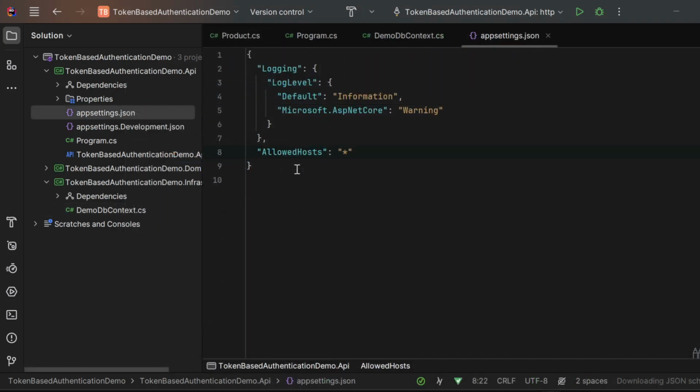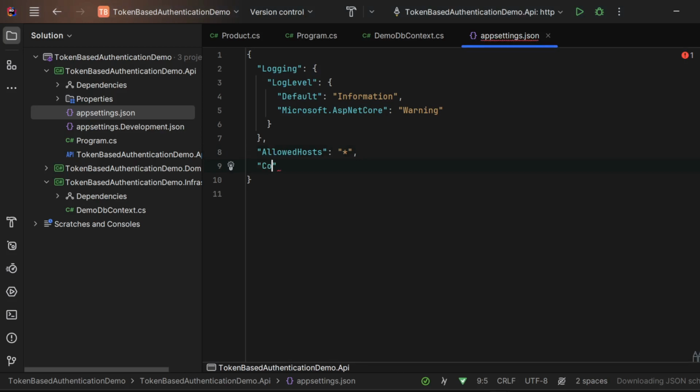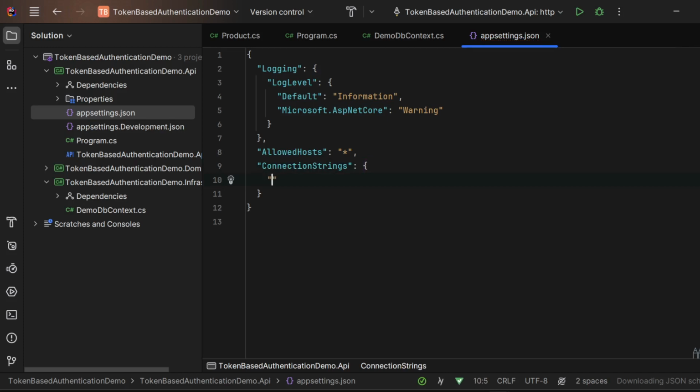Now there's the time to set up the connection string in our appsettings JSON file inside of the API project. We need this connection string in order to perform our first migration and then to let our API be connected with the database. So I will write a comma in here, and then I will type ConnectionStrings, and inside of it we'll have the DbConnectionString,